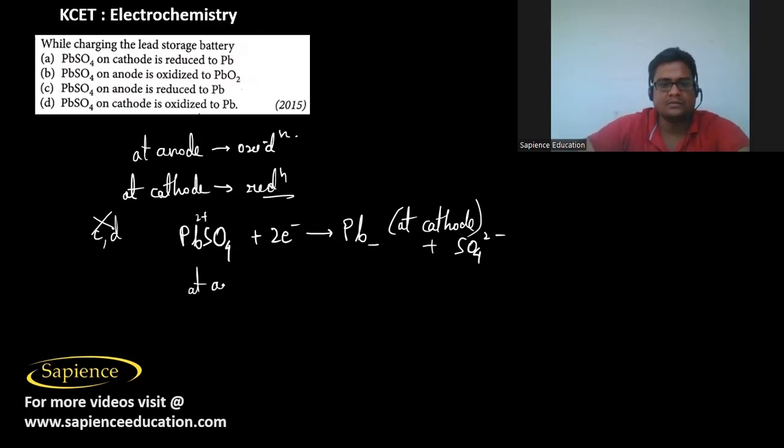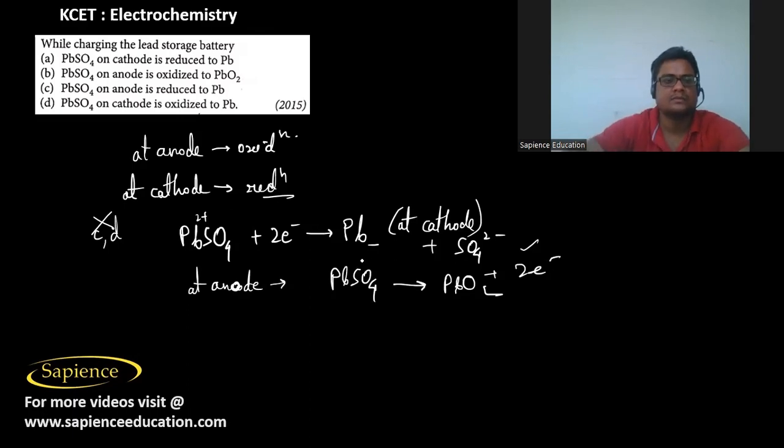And at the anode there is oxidation, means at the anode PbSO4 will be oxidized to PbO2. It will lose 2 electrons at the anode. So it means that while